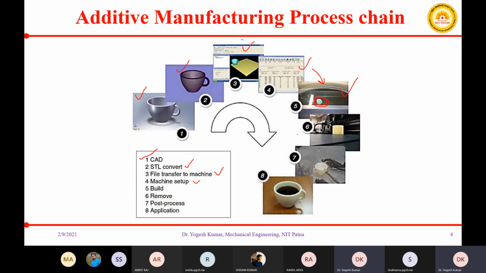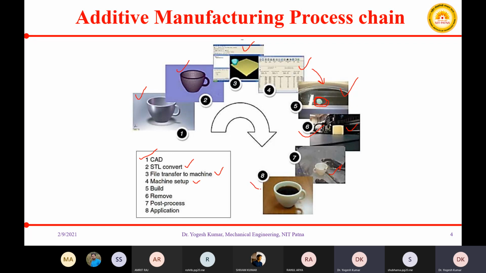The sixth step is removal of your build component from your platform or build bed. As soon as you remove your product, this is your completely printed product, which may require further post processing like removal of the support structure and any further machining if needed.